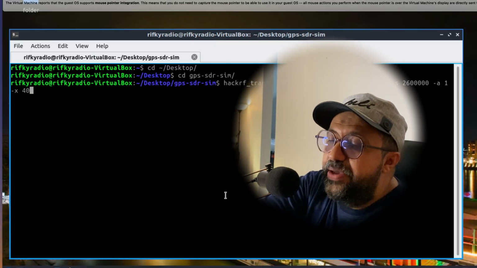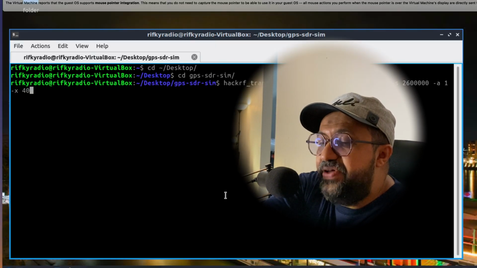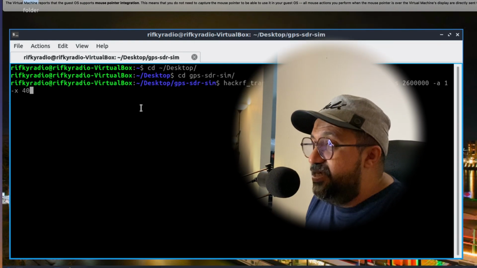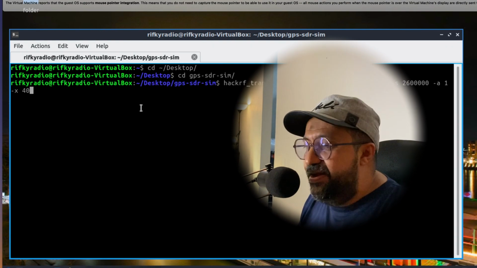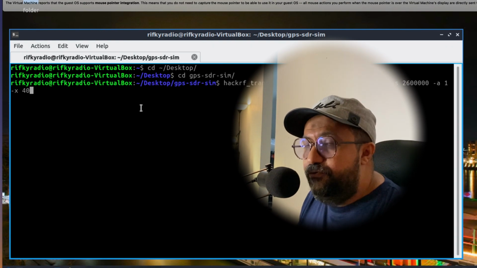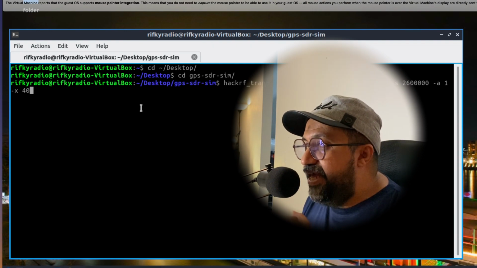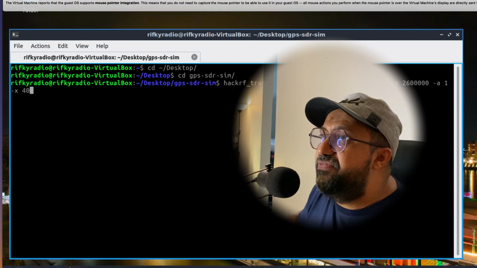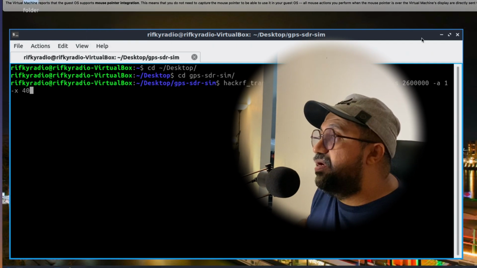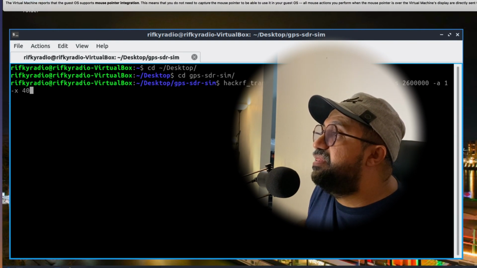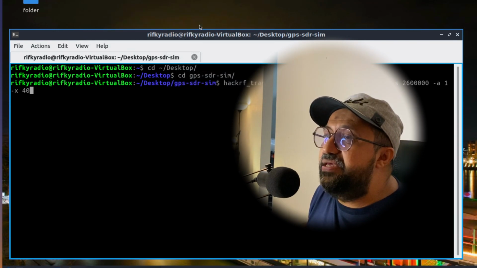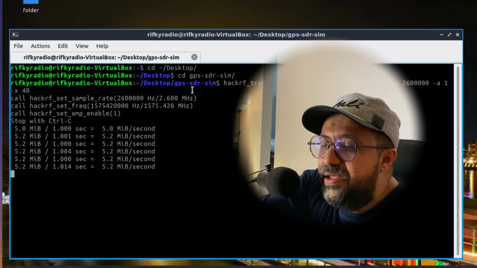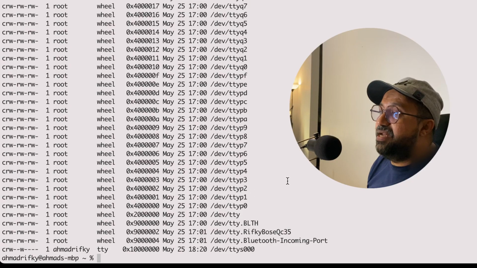The first thing that I'm going to do is plug in the HackRF itself. I'm going to run this one, and right now I'm going to start to transmit from the HackRF again. Let's see what the behavior will be directly from the GPS antenna itself. Wait, let me check if the device is already plugged in here. It is already recognized. Okay, I'm going to choose the Grid Scott gadget here. Now I'm going to plug my GPS antenna here, and the transmit has already started.